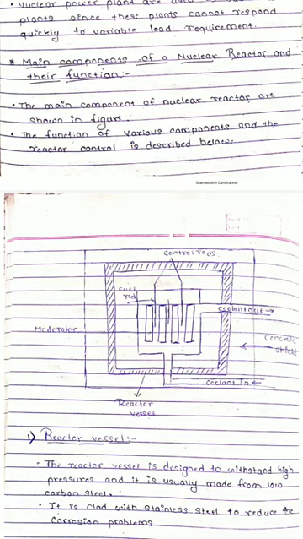Basically, the moderator reduces the energy of the neutrons generated due to fission. The important thing here is the neutron. The flow of neutrons and their kinetic energy is controlled by the moderator. Therefore the moderator is provided in the reactor vessel. The reactor vessel is where the reactions take place with the help of control rods and fuel rods.